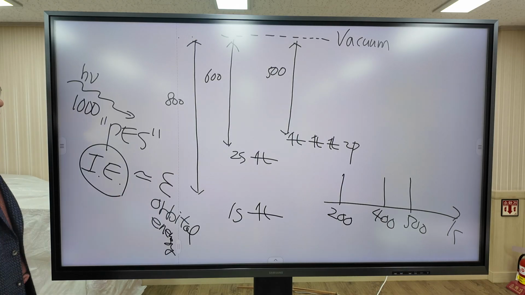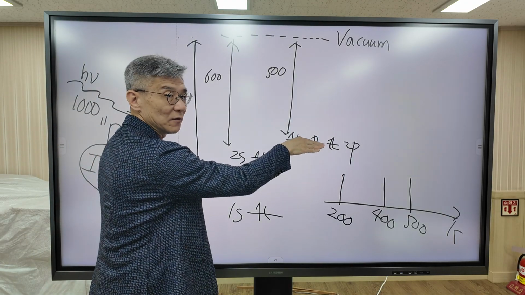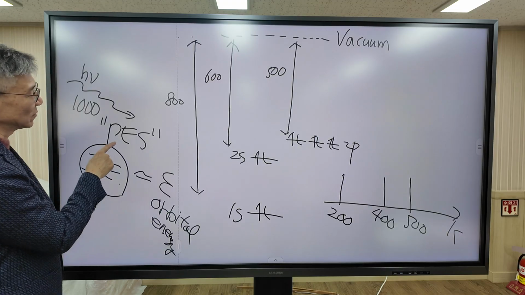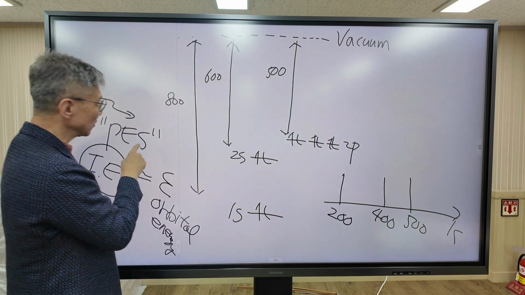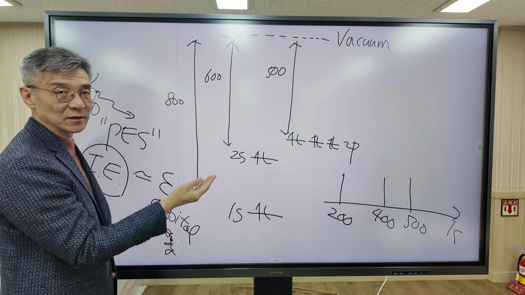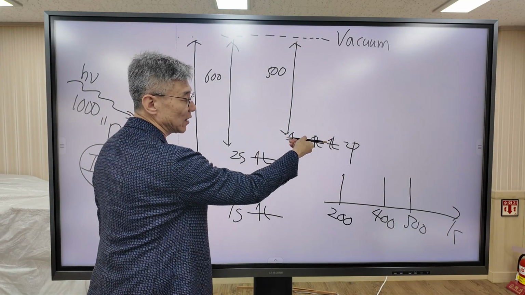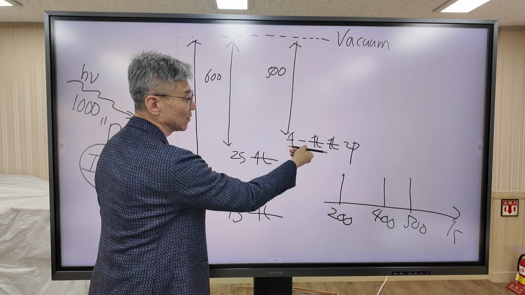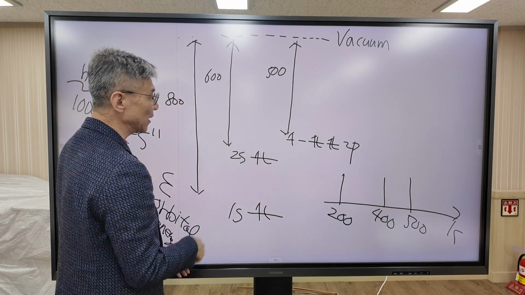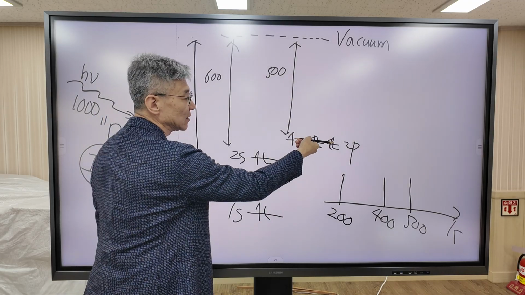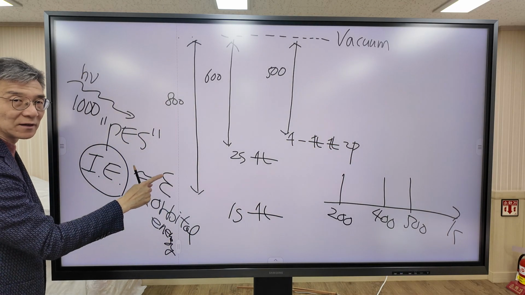What do we mean by this one? As I repeatedly said, the orbital energy depends on the electronic configuration. In photoelectron spectroscopy, electron is removed from the orbital. So in this process, electronic configuration is changed. So for example, when an electron is removed, the orbital energy changes, right? Because electron configuration changes. But if we assume that even if electron is removed, the orbital energy does not change, then ionization energy is exactly equal to the orbital energy.